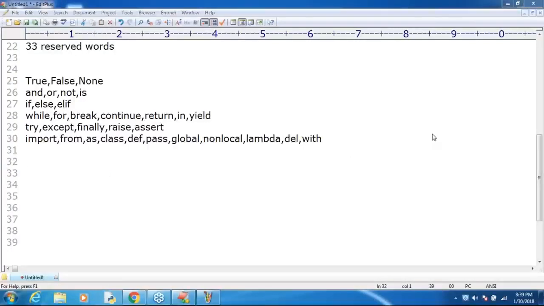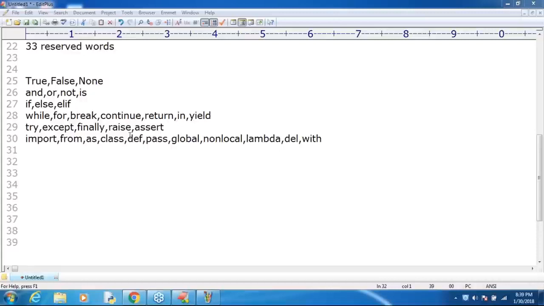Next, what was lambda? Lambda means anonymous functions. Sometimes we can declare a function without a name. Such a type of terminology is nothing but an anonymous function. Anonymous functions we can define by using the lambda keyword. Yeah, the throw keyword we can use for customized exceptions. The equivalent of the throw keyword is the raise keyword we are going to use in Python. Okay, clear, right?